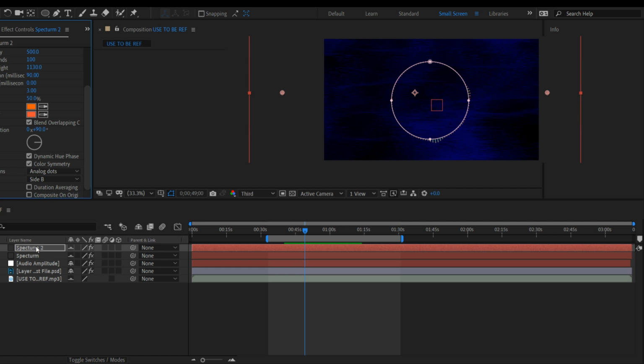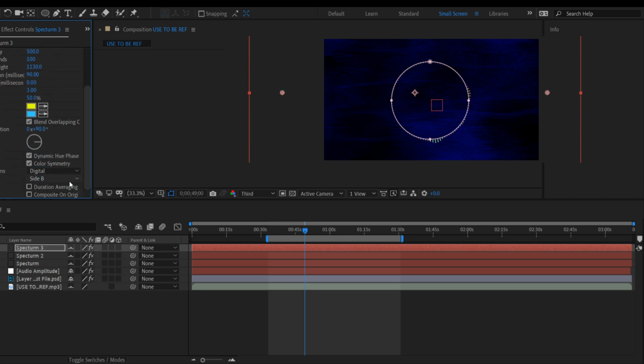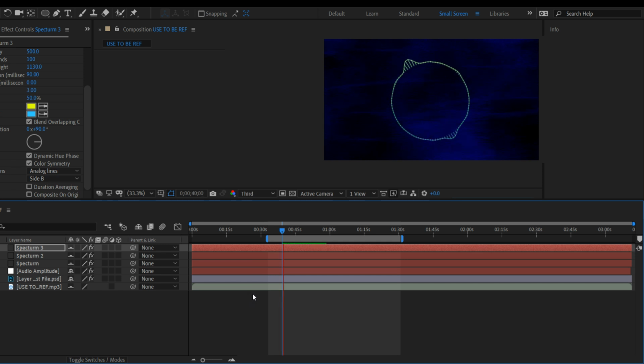I'm just gonna duplicate again. I'm just gonna paste actually this time. And you see it's connected to itself on this one. I changed it to that. And now I am going to do analog lines and hit play and see what happens. So because this is on top of it,